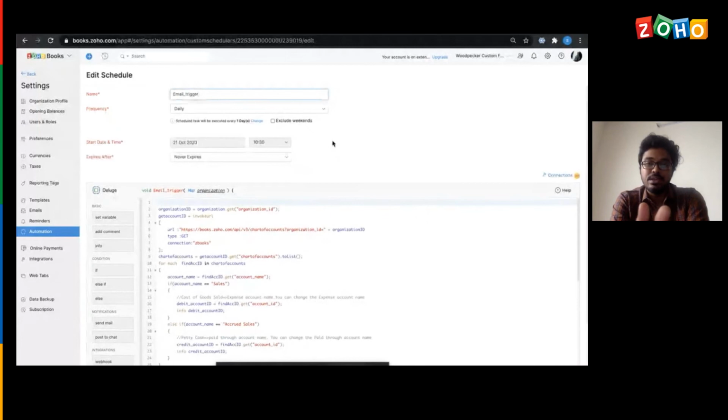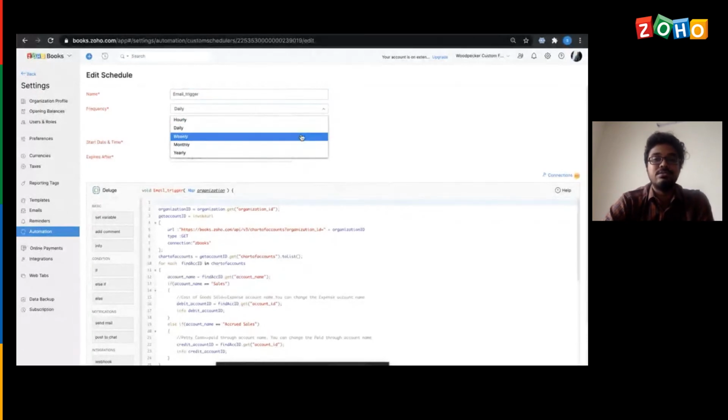So the custom scheduler will trigger an email automatically to the clients on the date and time that we are specifying in the frequency that we are configuring in this section. It would pick up all the unpaid invoices for that day, and send them over to the clients on a daily basis. We could also change the frequency of this email trigger.